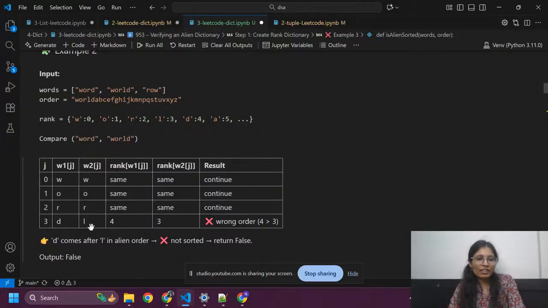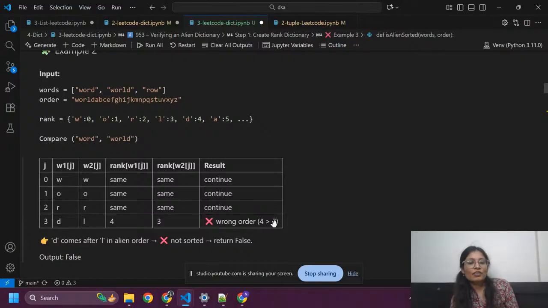Okay, so the length of word one is 4, and till now we have length 3, but word two has length 3. So this is a wrong order. W1 is greater than W3. Like if W1 is greater, it should be less than W4. Okay, then we can continue, otherwise it will be wrong order and